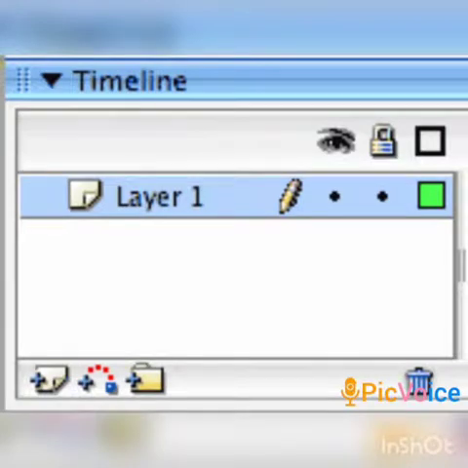The sixth element is layers. In Flash, working in layers is very important. They make animation easier. They allow you to keep the elements of your animation separate, and they allow you to create scenes with the appearance of depth. You can add more layers to manage the animation in a document. That is layers.